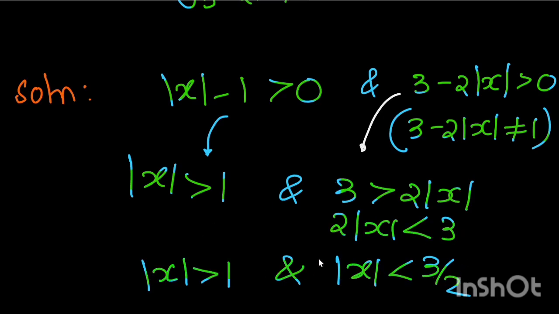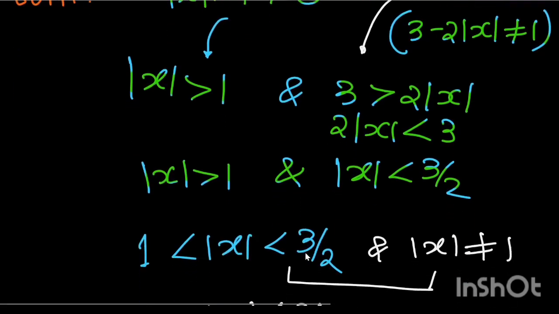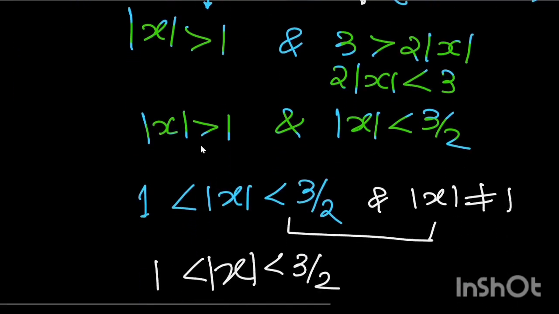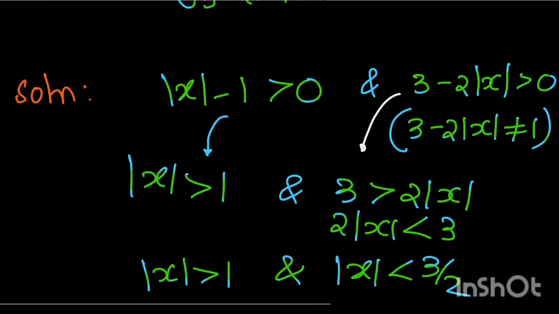We will take the intersection with mod x greater than 1. So if mod x is greater than 1 and less than 3 by 2, we can directly write their intersection as mod x between 1 to 3 by 2, and here mod x shouldn't be 1. From here, as you can see, if you solve this,